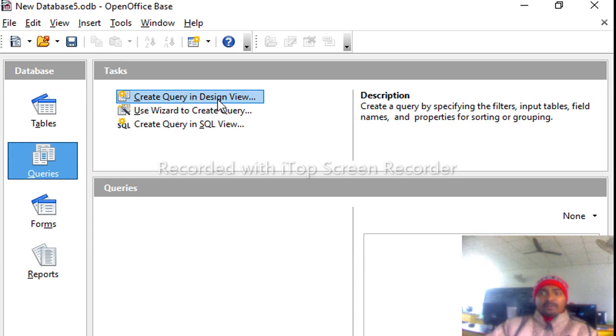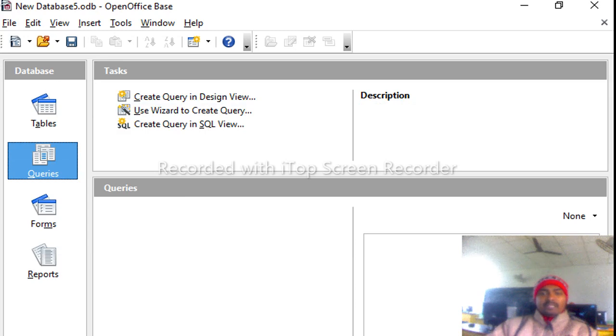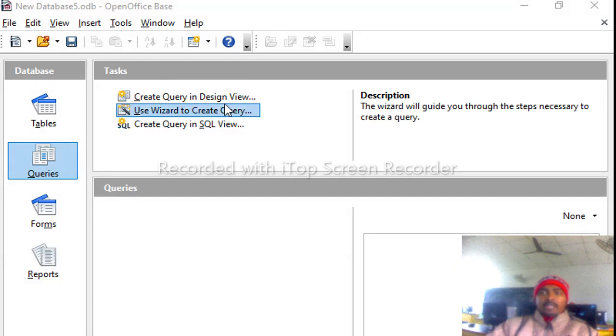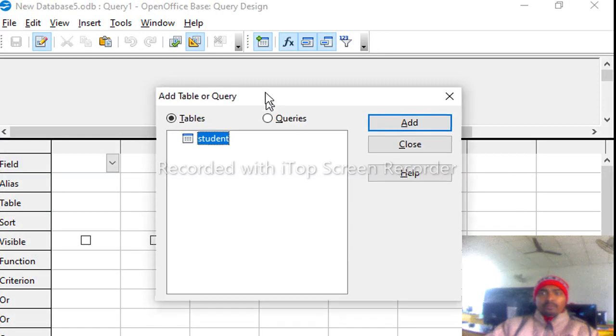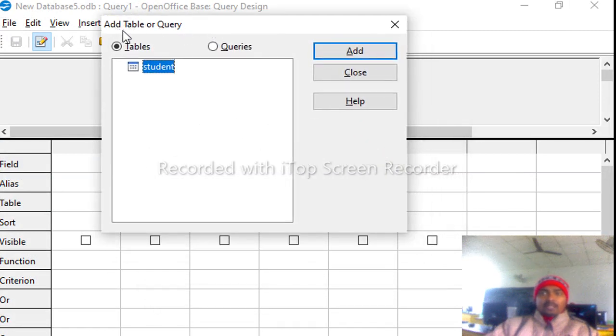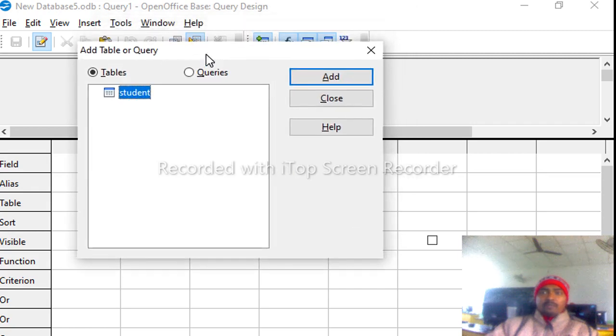Now the step is: click the query option from the left pane, and second, click create query in design view. We can see here this option. After clicking create query in design view, one dialog box appears automatically, add table or query.